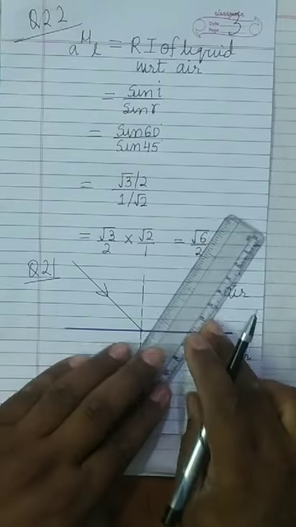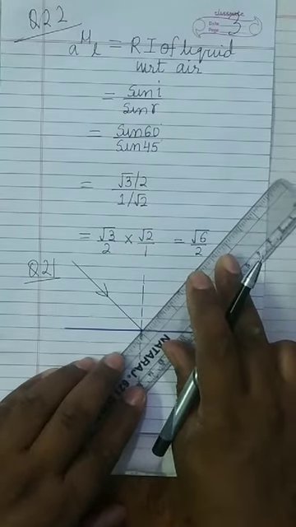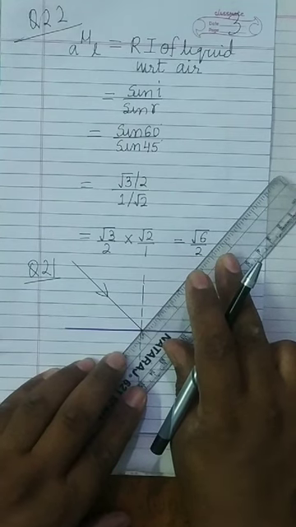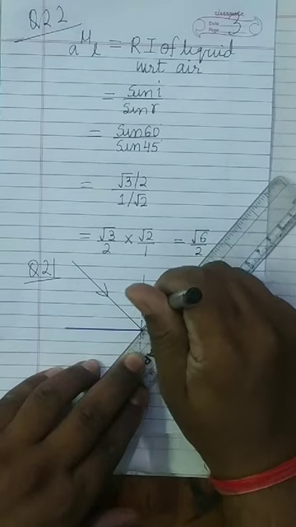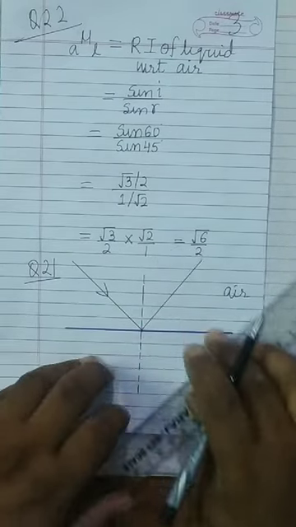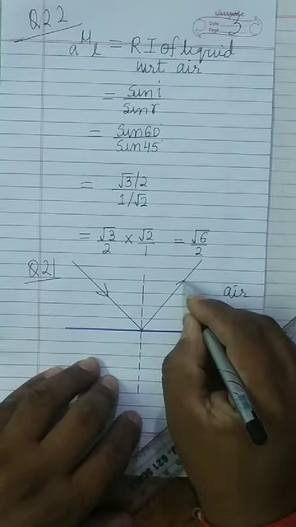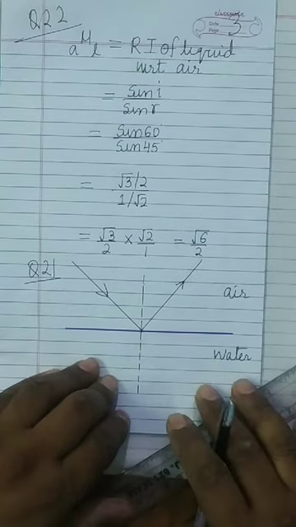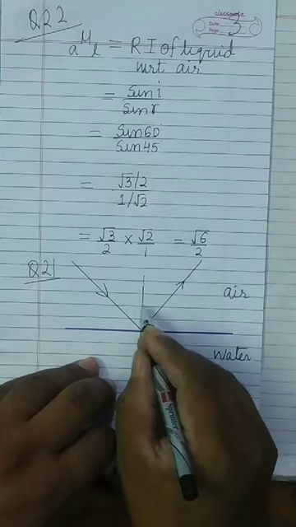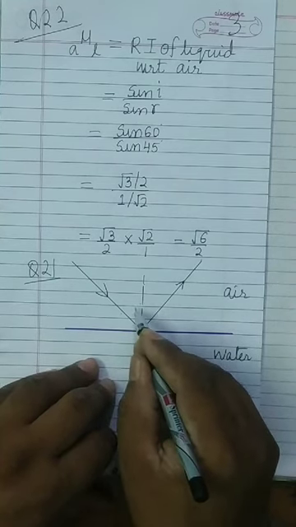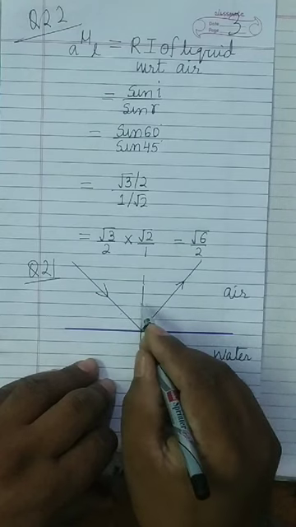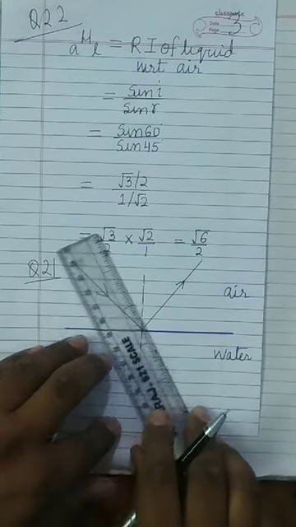So first you will show the reflected ray. The reflected ray will go making the same angle from the normal, the angle of incidence. Here I have drawn. You will draw the rough diagram freehand, but these two angles should appear equal. Is it clear?